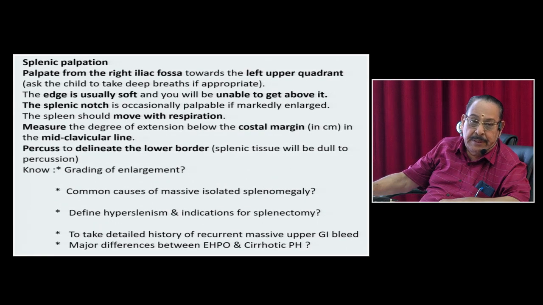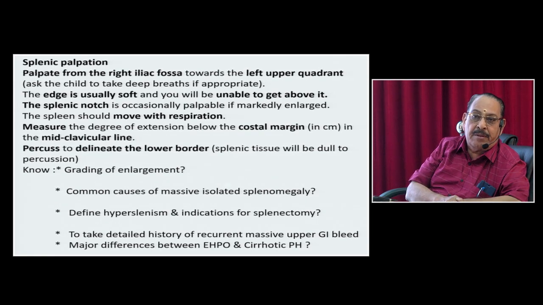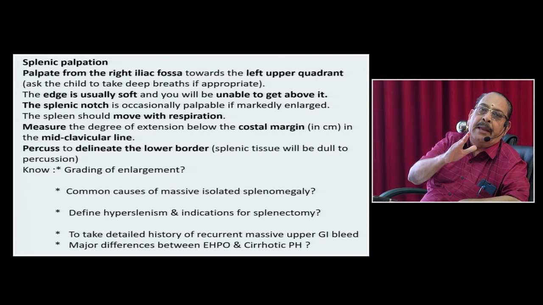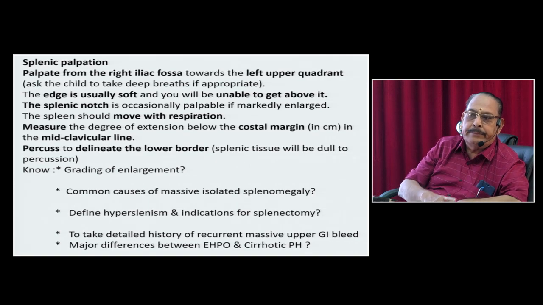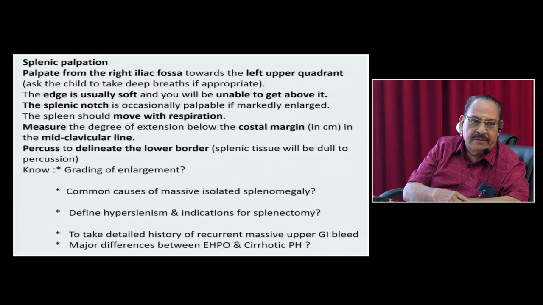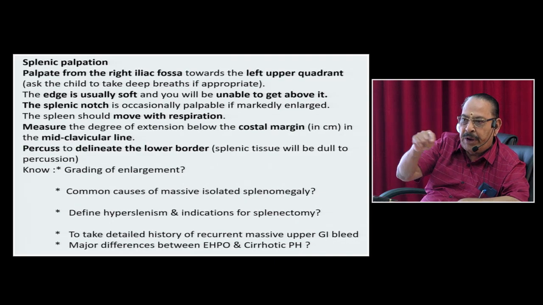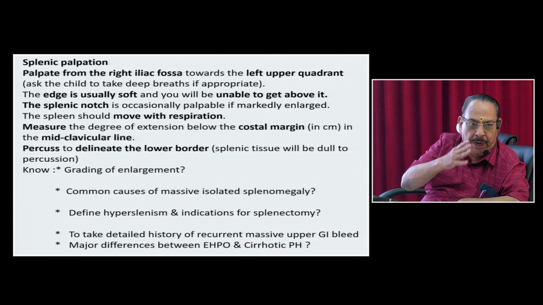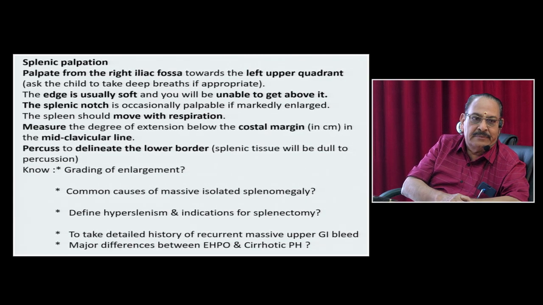Splenic palpation. Organomegaly. I have seen how people grade splenomegaly. People will say medial to the midline, up to the midline, crossing the midline. Mild, moderate, severe. Which book says that? Who agrees? Your fate is decided that you have not touched the book. You need to read. Less than 3, 3 plus to 7, 7 plus centimeter.